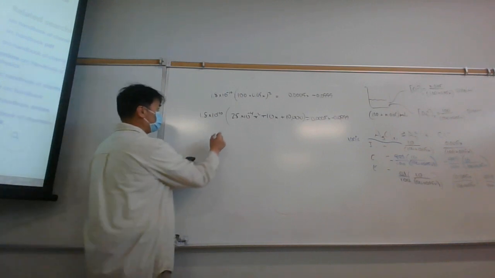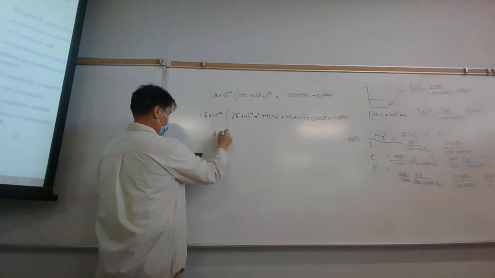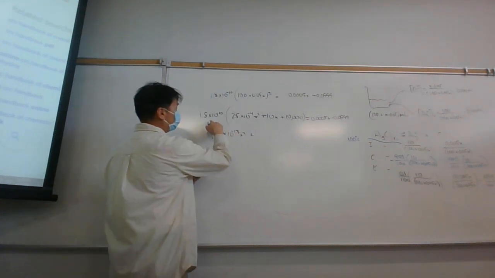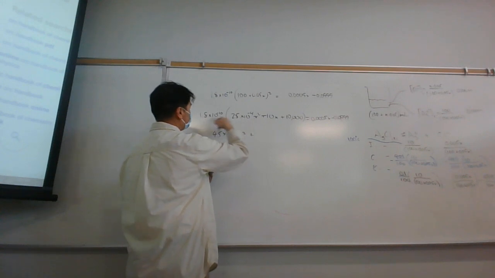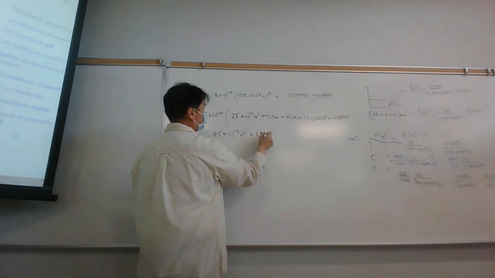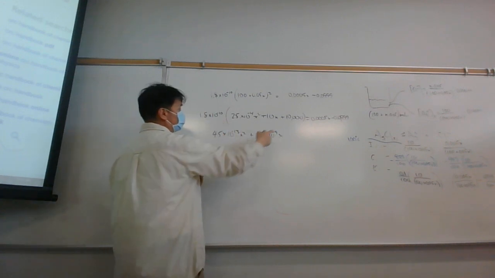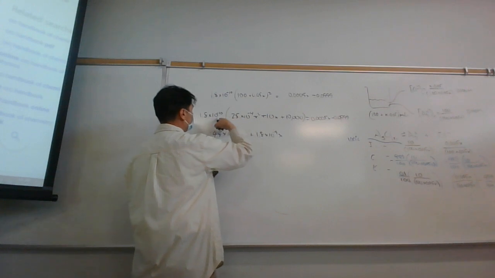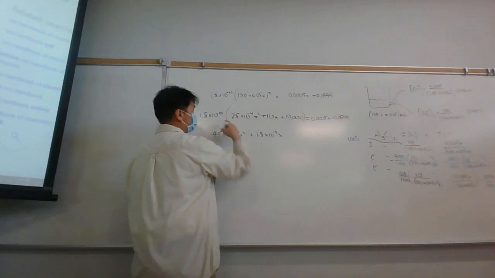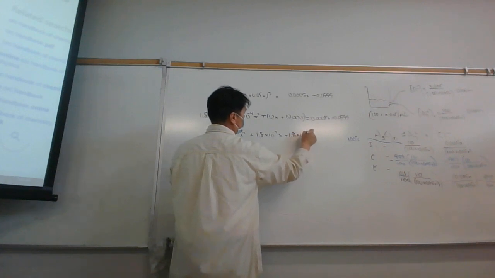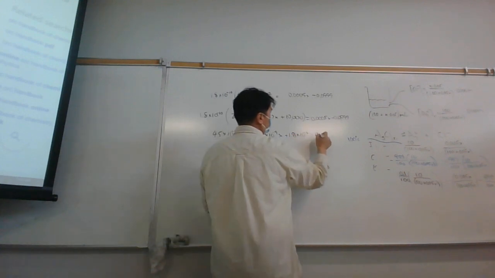This is 4.5 times 10 to the minus 13 x squared. Plus, this is times 10, so that would be 1.8 times 10 to the minus 9 x. Then this is 10 to the 4th. So 10 to the 4th would be 10 to the minus 6. So this would be 1.8 times 10 to the minus 6, equal to